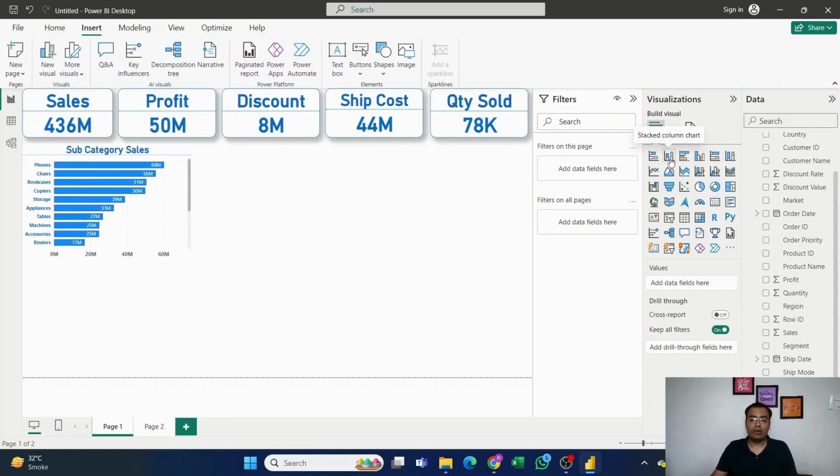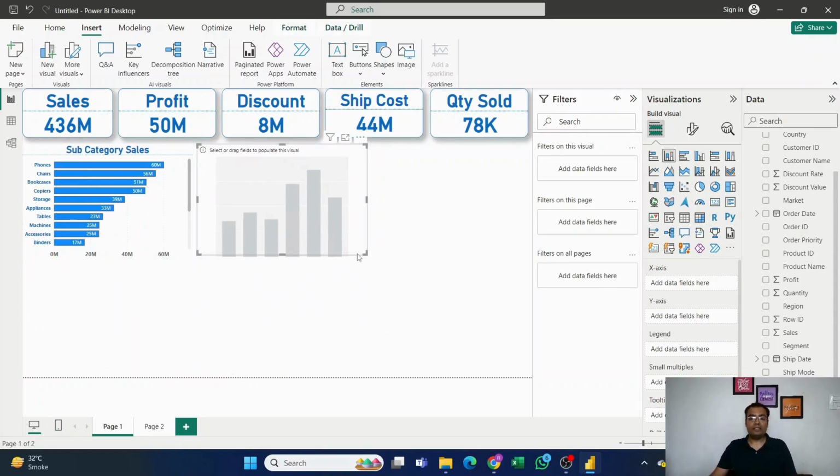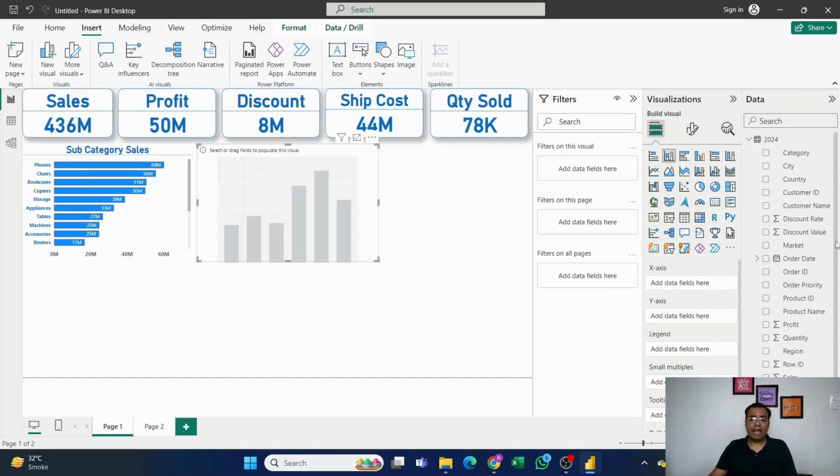So let us just click on this stacked column chart, and I am going to create it based on category and sales. So I am going to create a category wise sales stacked column chart. Once I have selected that chart, as you can see, there is an x-axis and y-axis again. Now let us try to put sales and category in the various axes. As I told you, the x-axis is at the bottom and the y-axis is on the vertical side,